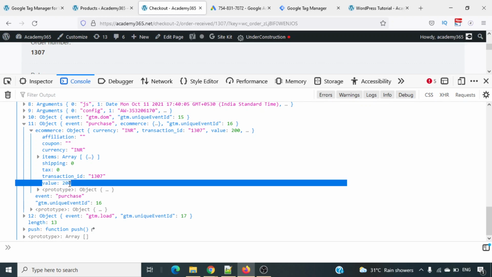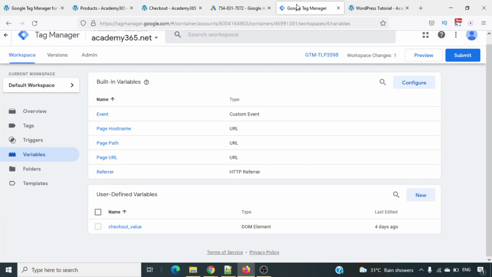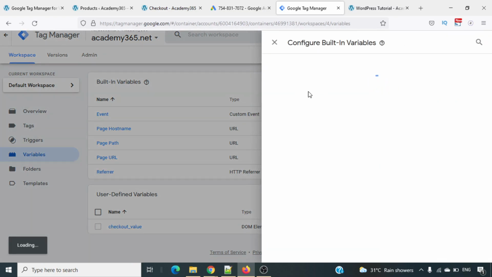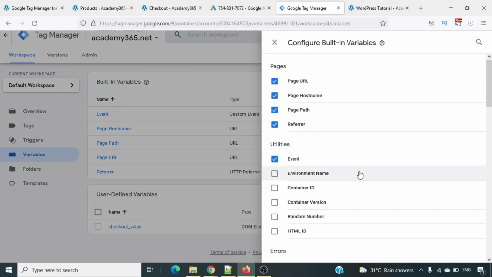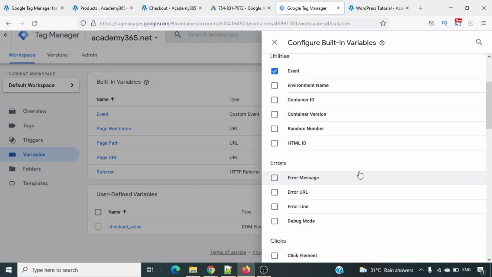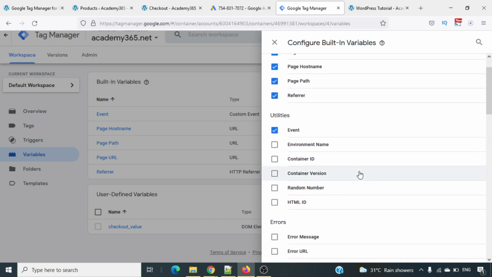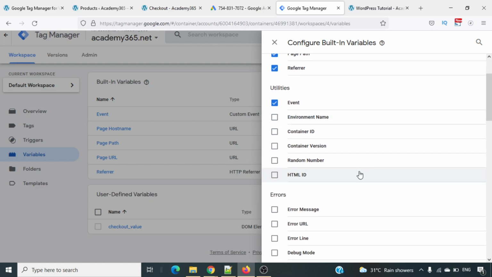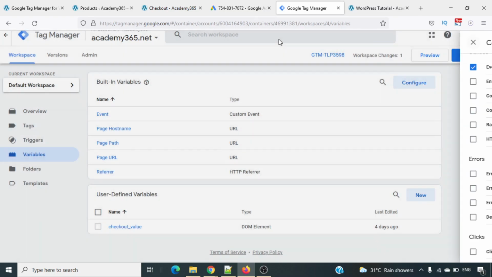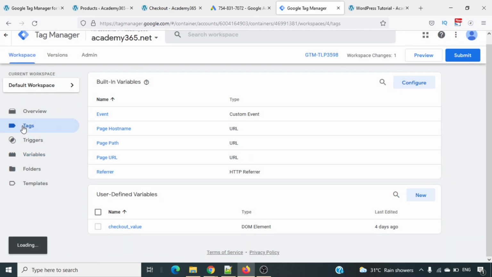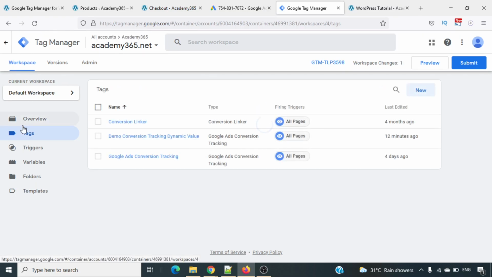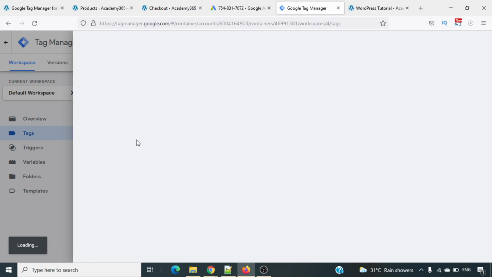So in your tag manager, you need to go here. You need to create a new variable. Okay, so you can just configure a variable, and it has to be a custom variable. Okay, so let's just go back here in the tags. Let's do it the easy way. Okay, so basically you just click on the demo conversion which is there,